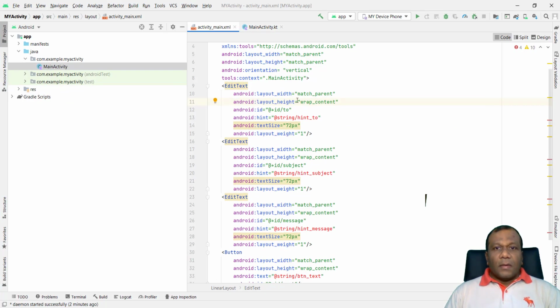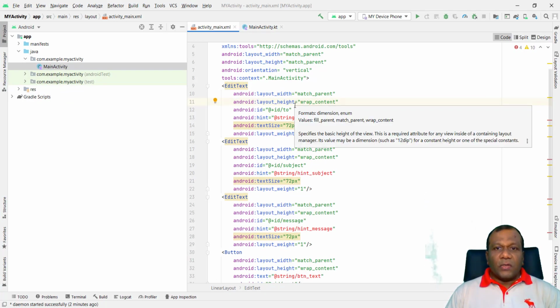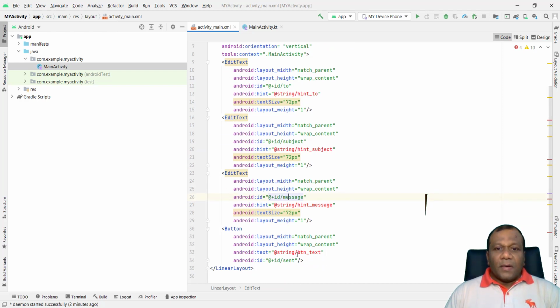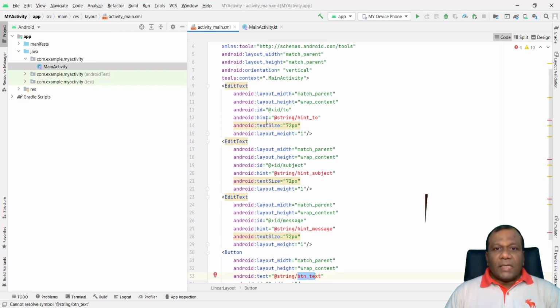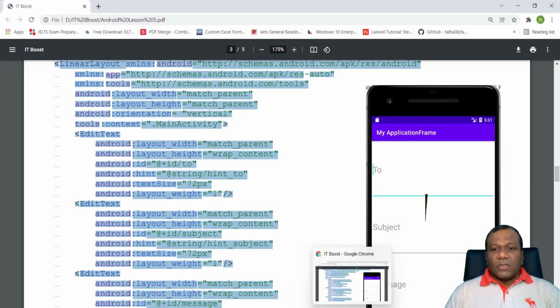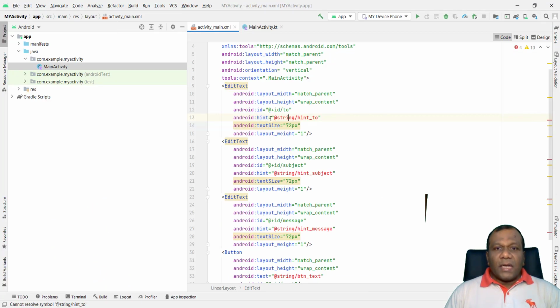Right. Wrap content, the height according to the text size. Here for the ID I am giving 2. For the first one, the ID is 2. And the size, I will explain this one. Here the size, text size, the weight. For all of them, the ID is subject, the ID is message, and the ID is BTN text for the button, right? And here for the hint, there is a hint. I have placed a hint, not a text, it's a hint. So to the hint, you can type the value straightaway.